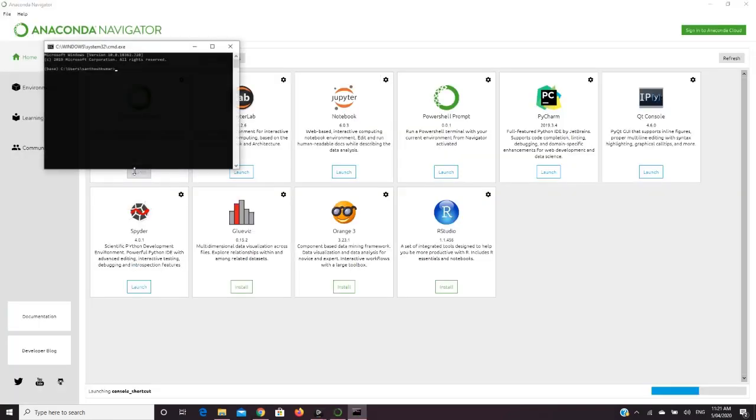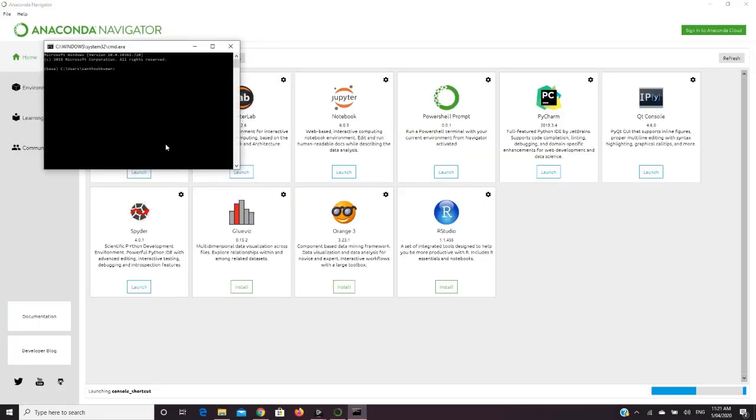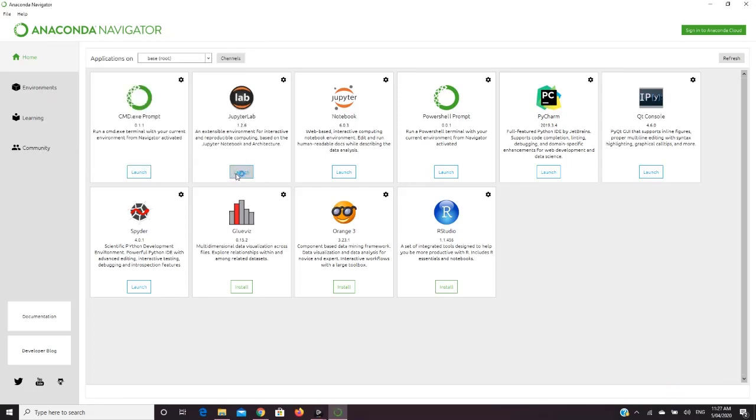From the navigator you can also launch the command prompt. As you can see, I am launching it and then I'm typing python to get the version of Python that we are currently using. You can also launch Jupyter Lab, which is similar to Jupyter Notebook.